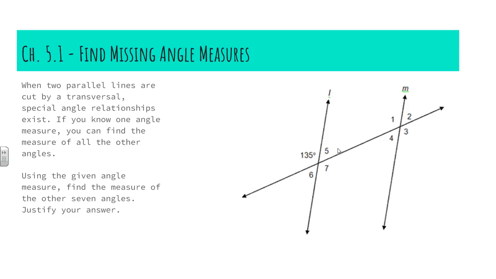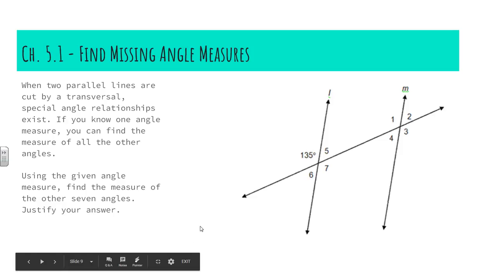I also know that angle 4 is 45 because 5 and 4 are both interior, but they're also on opposite sides of each other, so they're alternate interior. And then I also know the measure of angle 2 is 45 because these are vertical angles. And it makes sense because 2 and 6 need to be equal, since they are alternate exterior angles. Okay? So moving forward,